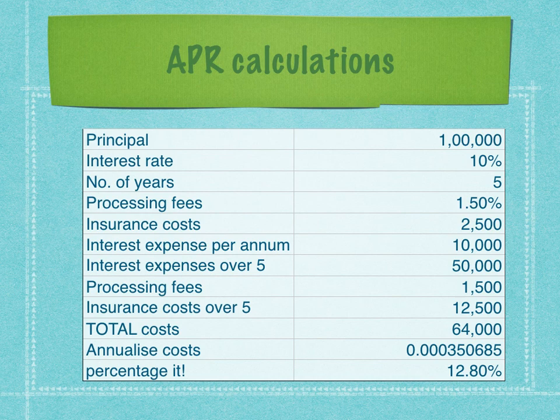Now we have to percentage it. How do we percentage it? Now, this is the expenditure per day of the loan. 0.000350685 is the expenditure per day. We have to find out per annum. We therefore multiply this by 365. We get the per annum cost as 12.80%. Now this is remarkable. You thought the interest rate is 10%, you thought it was attractive. But actually the total cost for you is 12.80%. And that is why whenever you're taking a loan, remember to calculate the APR of the loan.